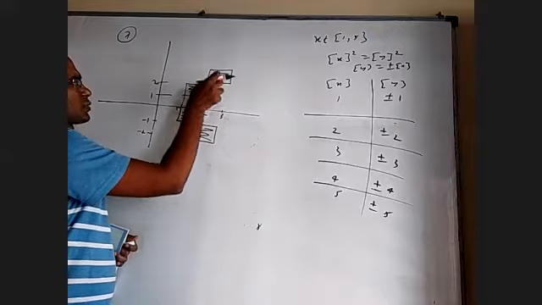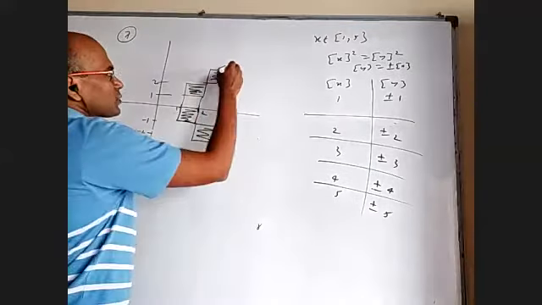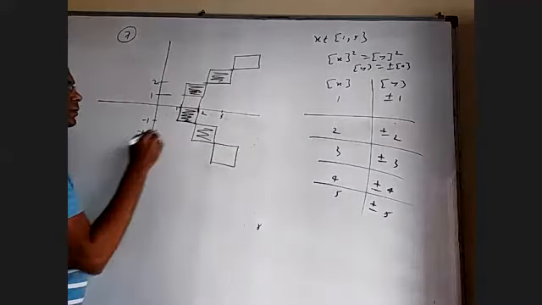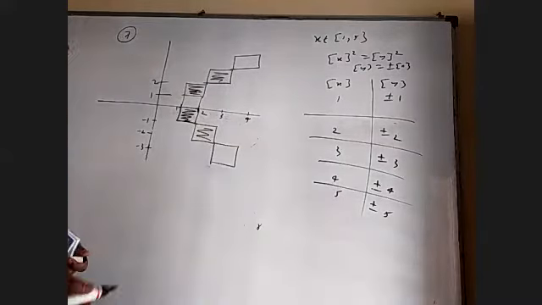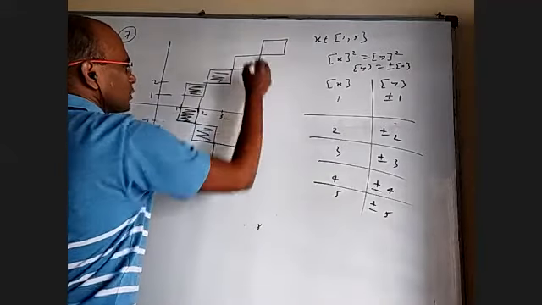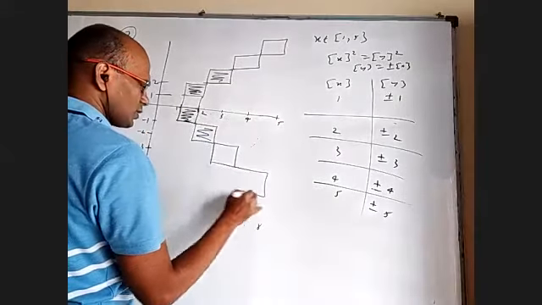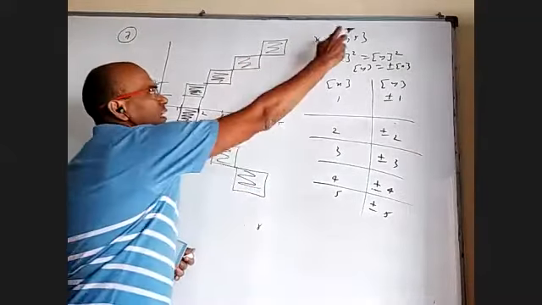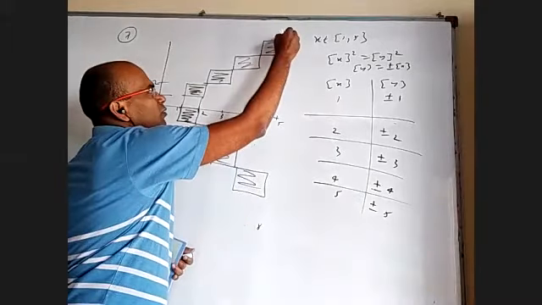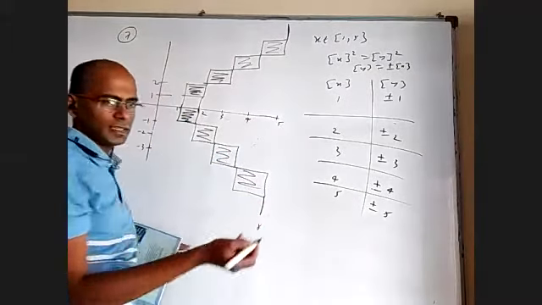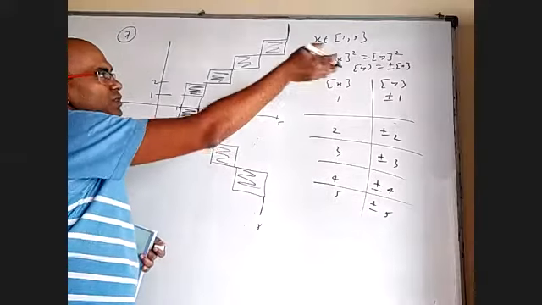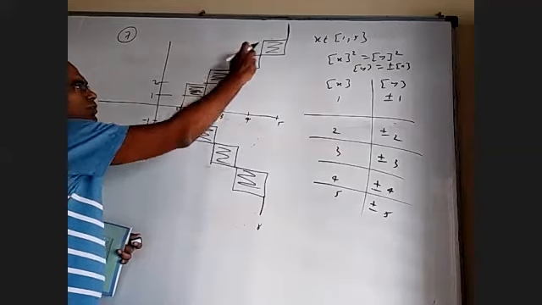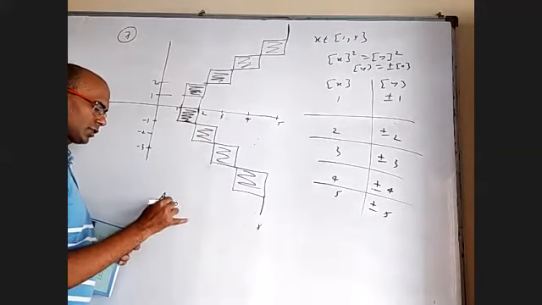Okay, integer part of x is 2, integer part of y is 2 or minus 2. Next one will be the next square, 3 to 4, here minus 2 to minus 3. Next 4, we'll get one more square, between 4 to 5, here minus 3 to minus 4, this region, this region. But x coordinate 5 is not 5 to 6, only 5. I'll get only one line here and one line here. A line doesn't have any area. If they would have given up to 6, then we would have got something. Okay. So this is 1 unit area each: 1, 2, 3, 4, 5, 6, 7, 8. So area is equal to 8.